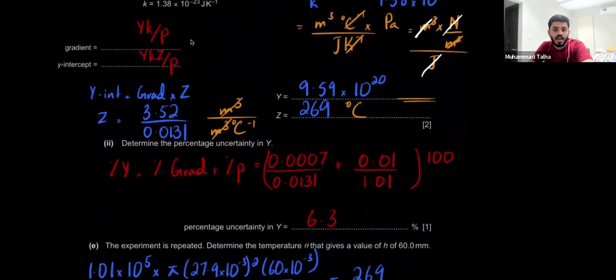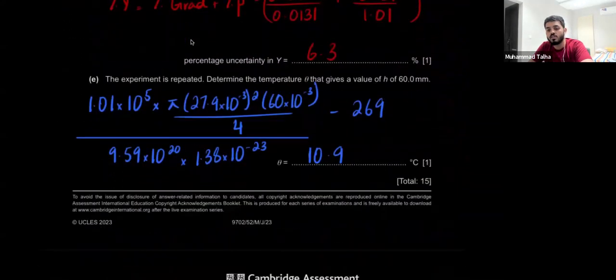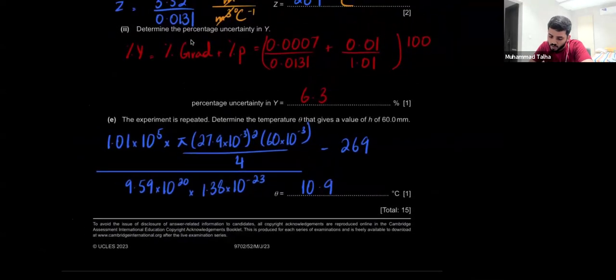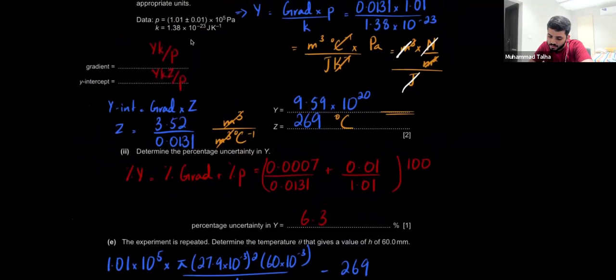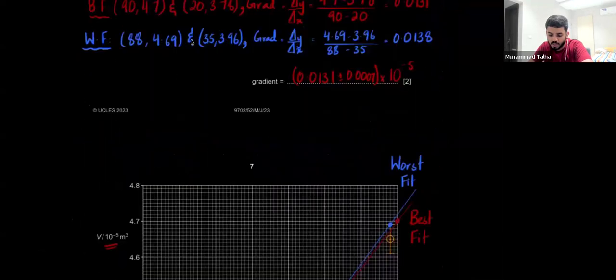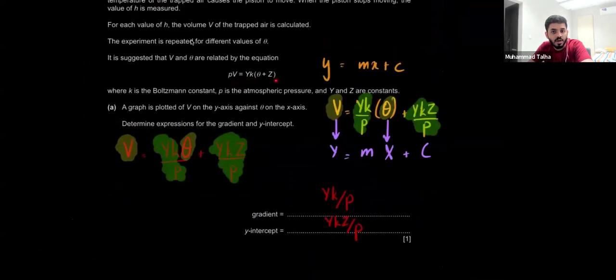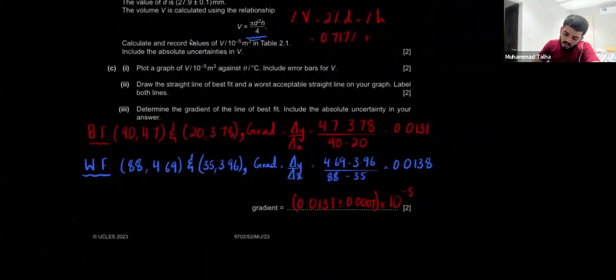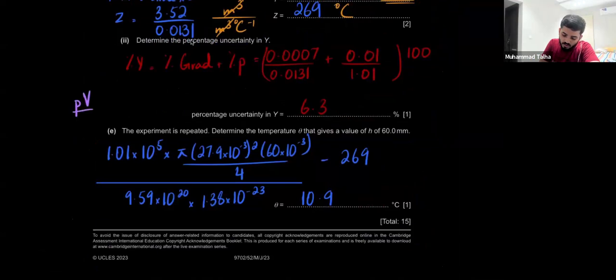So you just do this, and without fail, the last part is always you using the equation which is given in the initial parts to calculate something. Because now you have all the constants, so you need to find theta, right? So that's what we do. For example, if I show you what I did here, I just made theta the subject of this equation. So it would be PV over YK minus Z. That's what I just did here. Let me write it as well. So this is just PV over YK minus Z, all of which I found. So I just substitute values, right?